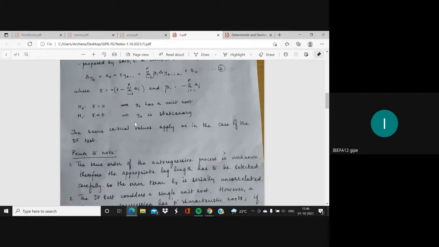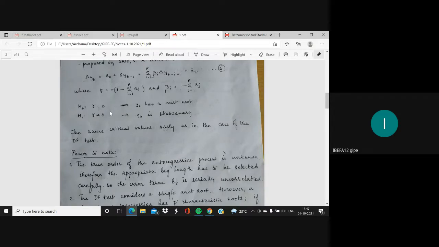So here the null hypothesis of this particular test again is the same thing, that gamma is equal to 0. It implies that yt has a unit root, or it's a non-stationary process. And the alternative hypothesis is that the time series is stationary. Now, if you look at the specification of the null and alternative hypothesis, what you'll notice is that this is